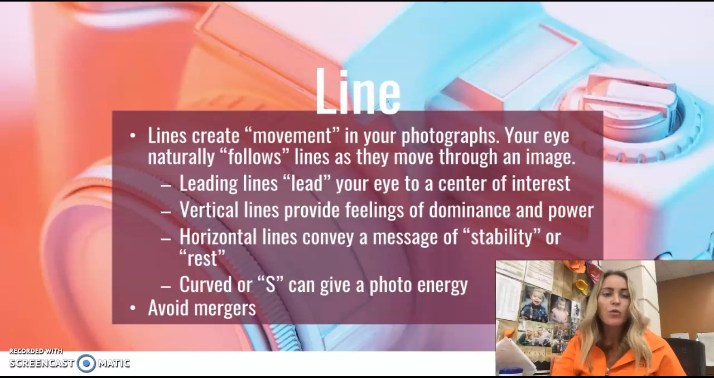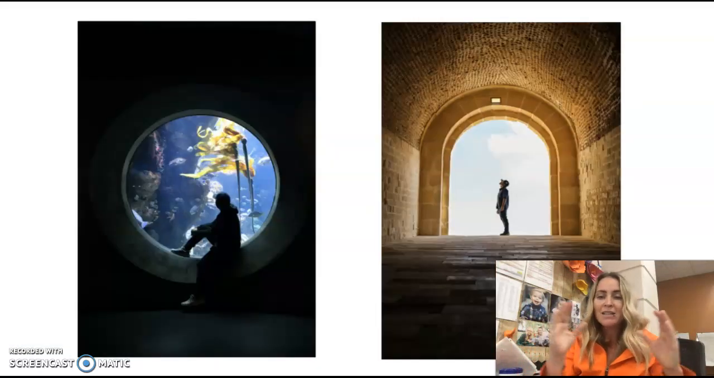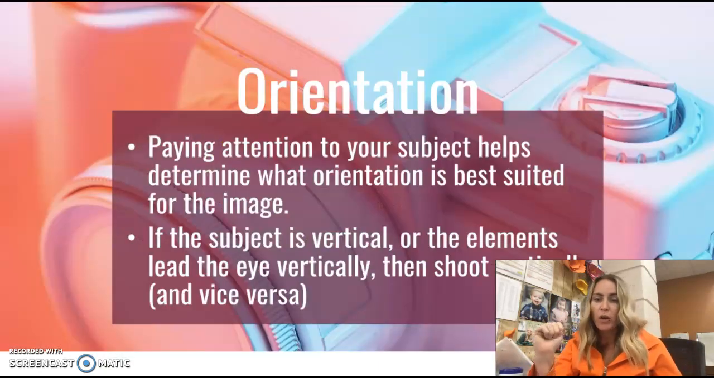Okay. Then rule number 4, we talked about framing. We said to put framing elements around the outside of your photograph in order to isolate your subject and draw the viewer's eye to a point of interest. So today we are going to talk about our last 3 compositional rules, and we're going to start that off